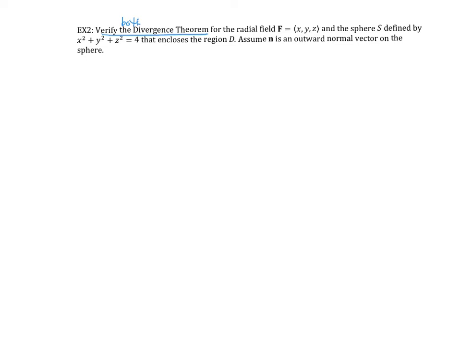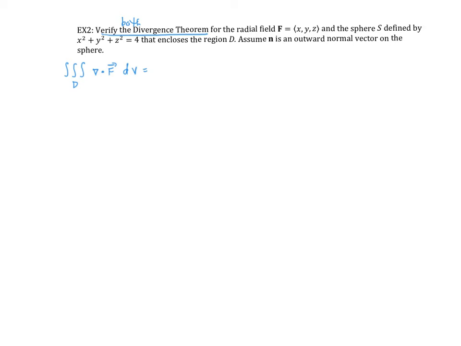I'm going to start out with the triple integral over our region D enclosed by that sphere. And the reason why I'm starting with this is because I already know that I'm going to get a constant inside my integral,